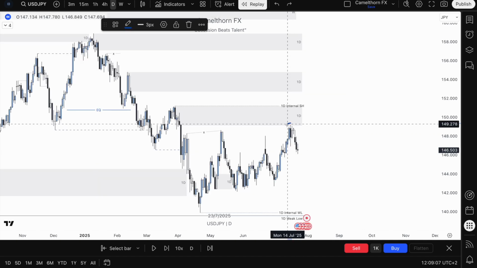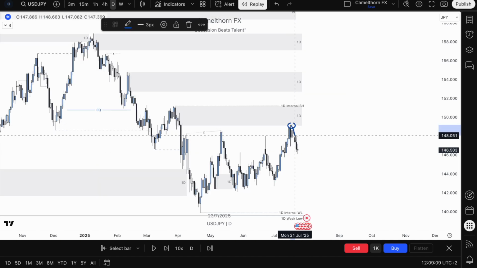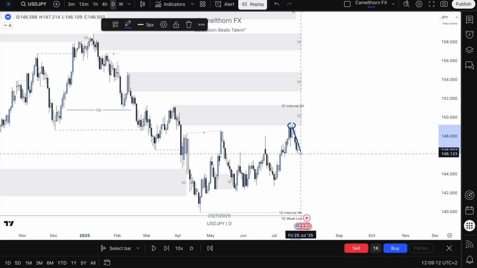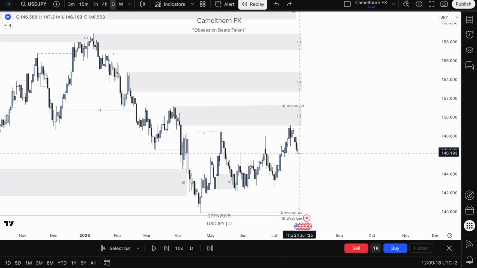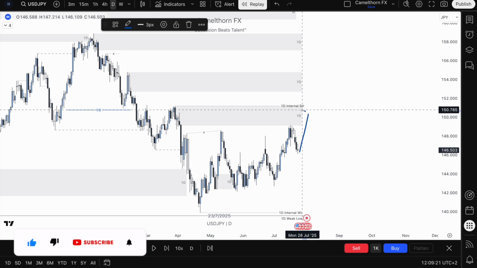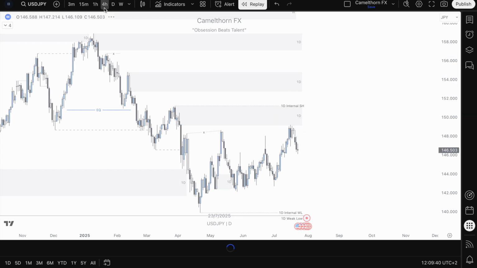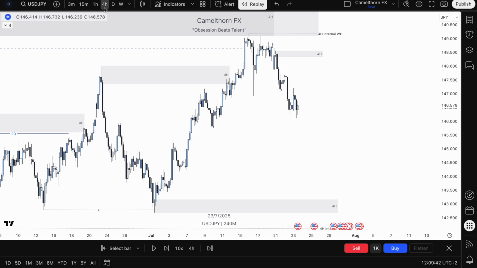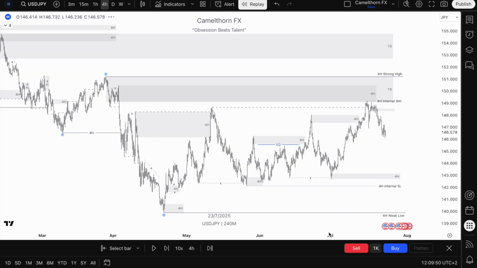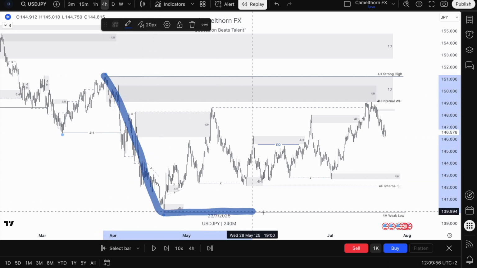This very slight tap mitigation of daily supply did generate an initial bearish reaction, but as we'll see in a minute when we drop down to our lower time frames, there was potential for seeing a slightly deeper mitigation of that daily supply zone. And this is what really formed the basis of my trade, because if we now drop down to the 4-hour time frame, which is the time frame that I get my directional bias from for a particular trading day, what we can see is that daily internal bearish range denoted as a 4-hour bearish external range,